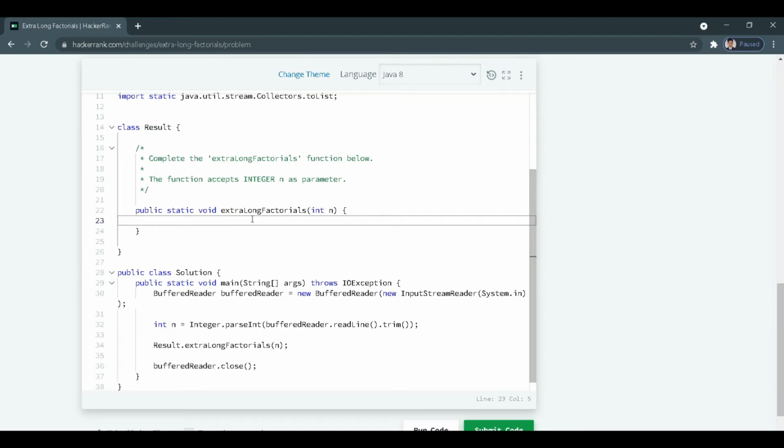Here, if you observe, we are not able to use recursion, because the return type is void, which means nothing is returned. So we need to use a simple method in which we write our business logic and just print the value. Let's do it.